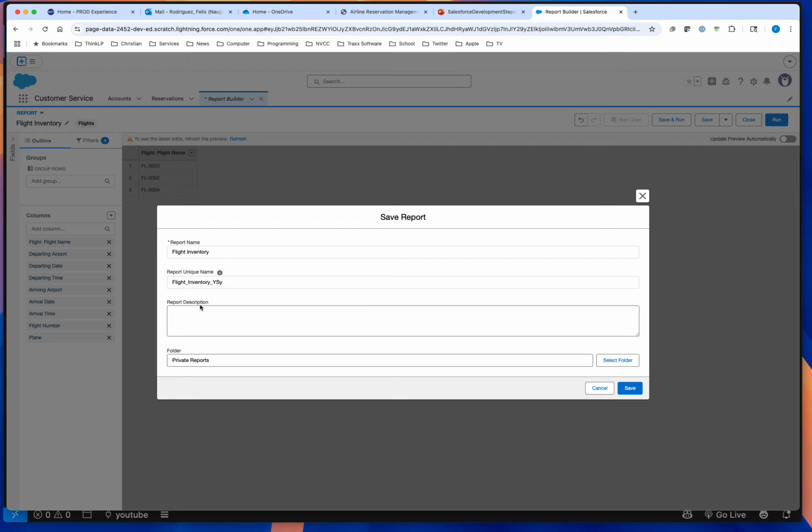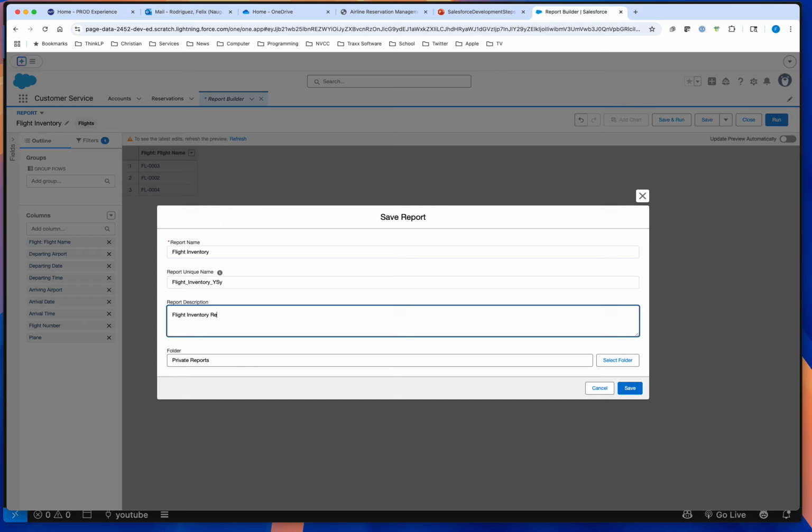Flight inventory. The one nice thing, if you saw on the first one, on the plane inventory, I changed it here, and then the unique name was the old name and I had to change it. But if you change it up here, where I changed it this time, you notice that the unique name matches the change that I made previously to opening the screen. So if you want to save some time, change it here with the little pencil before you go to the save report. So here you have flight